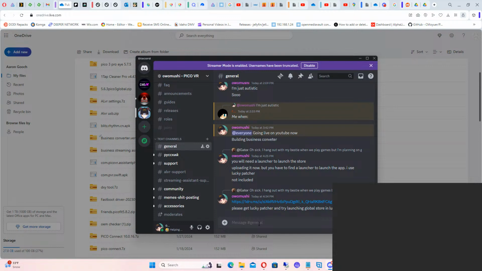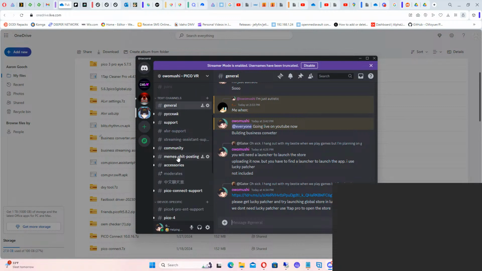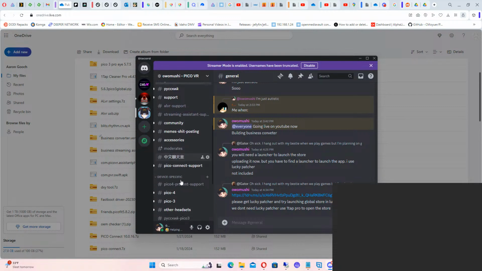App groups. Store. Open it. Okay. We don't need it. We don't need Lucky Patcher. Yep, use Lucky Patcher to open the store. Okay, so